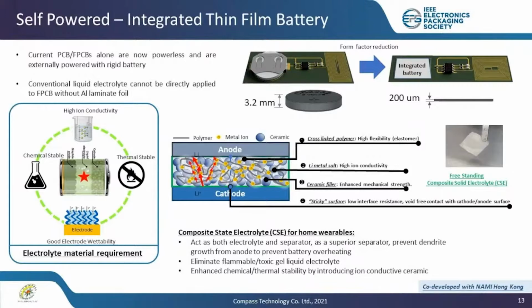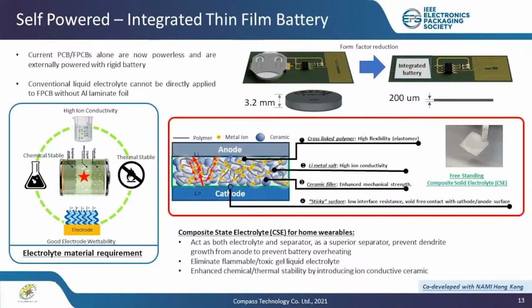Therefore, a unique material has been formulated that is directly printable onto the flexible circuit. As we can see in the middle here, there are 4 elements of the material that dictate the performance of the battery. First, the polymer used has to have elastic properties with elastomeric microstructure that improves the flexibility, that is easy to conform and compatible with the flexible circuit materials such as polyimide.